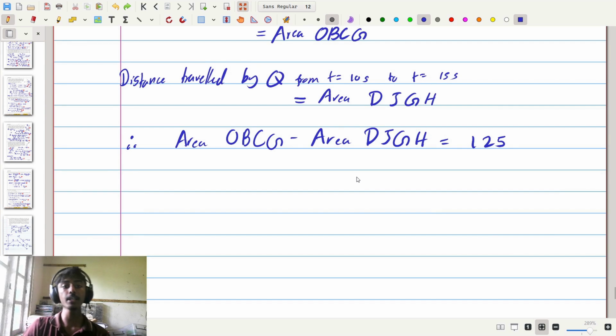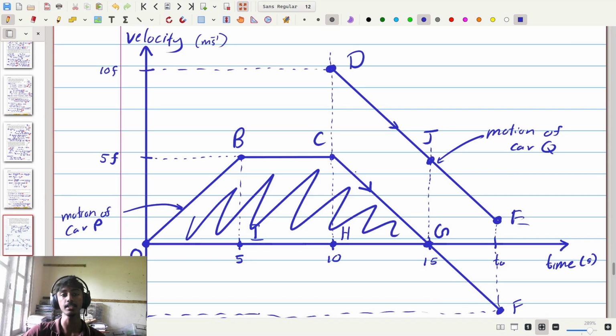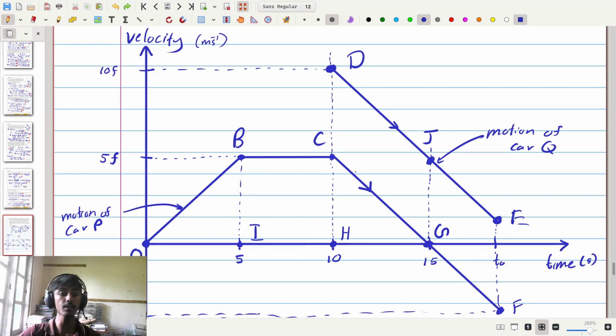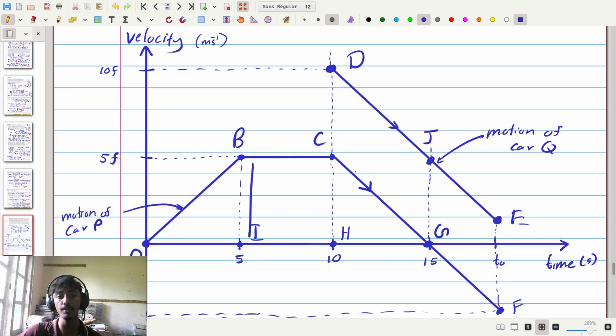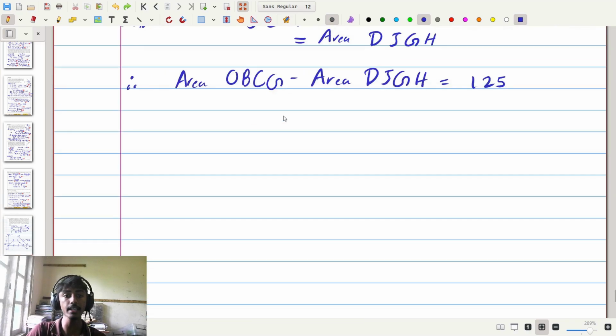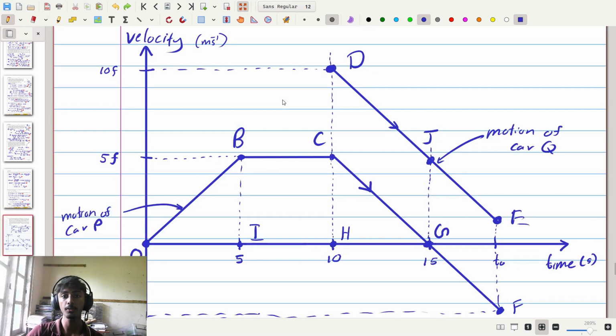Now if we consider the first area OBCG, we can see the area of OBCG is the area of this trapezium right here. And as we know, the area of a trapezium is equal to its height multiplied by the average of the two parallel side lengths. Now in this case, we can see the height of this trapezium is equal to 5f and the two parallel sides are BC and OG, and BC has a length of 5 and OG has a length of 15. So therefore, our area of OBCG is equal to 5f times the average of 15 and 5, which is 15 plus 5 over 2. Then you have to subtract off the area DJGH, which is equal to the area of